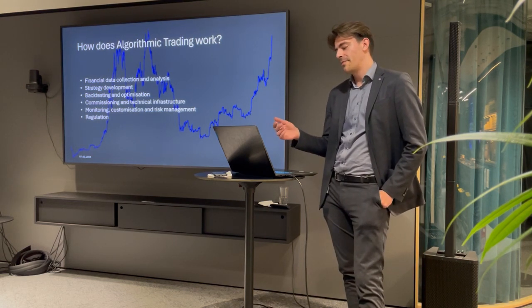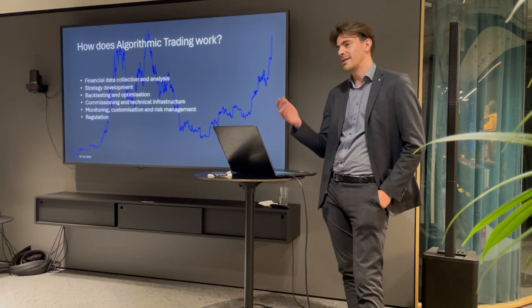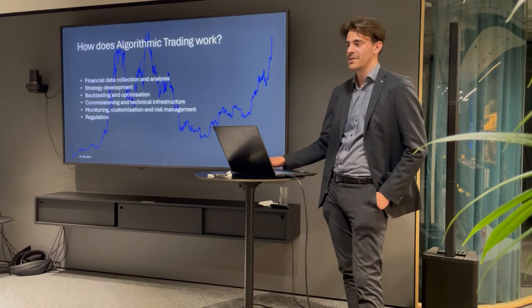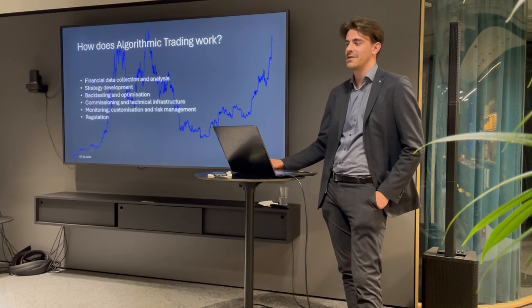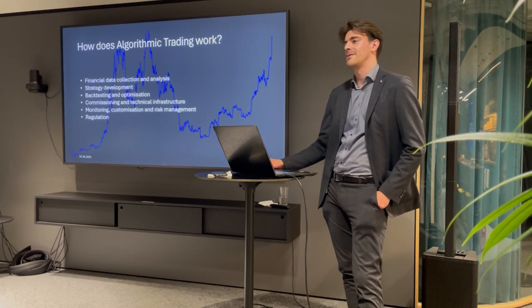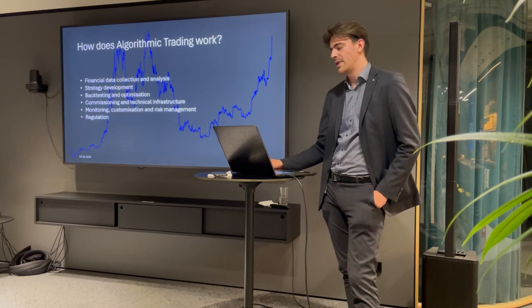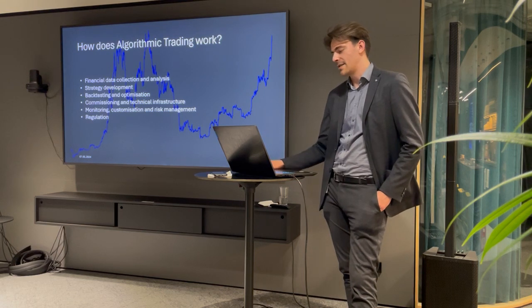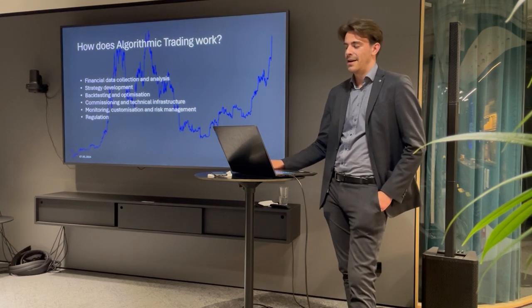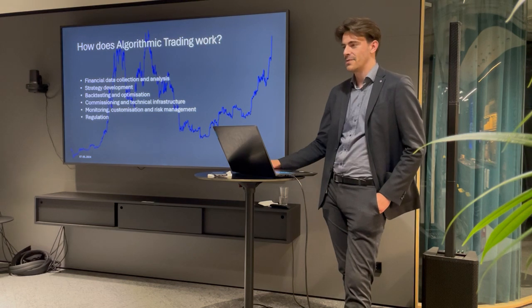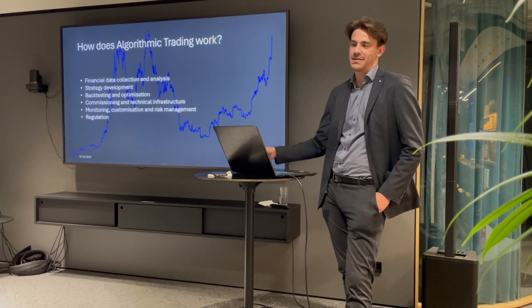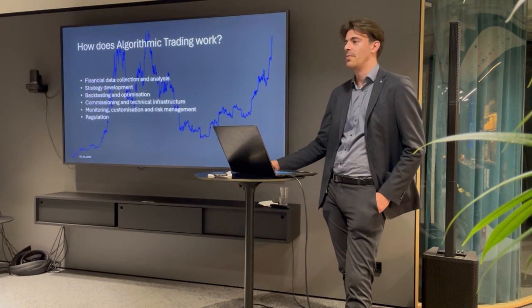Then there are three other parts. In general, you need technical infrastructure to run that. Normally, you have an advantage if you're closer, for example, to the stock exchange, because your latency is reduced, and there's this area of high frequency trading where the programs are executed so fast that securities are traded within milliseconds. This is a highly regulated area as well, so the authorities tell you a lot. You have to implement some security measures and report a lot of things to them.